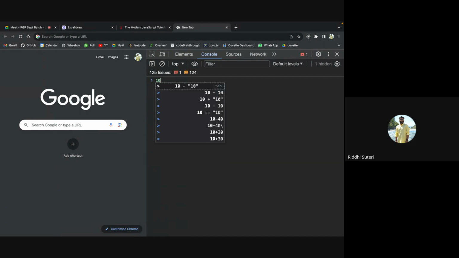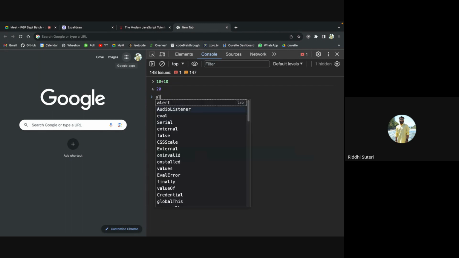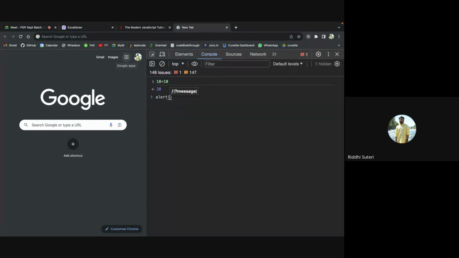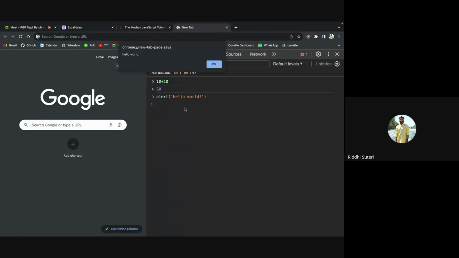For example, I want to write a basic mathematical operation like 10 plus 10. I'll get 20, right? Because this is an obvious calculation that JavaScript is doing. By the way, this is JavaScript which has executed it for you. I want to print something on my console, or maybe show something as an alert using JavaScript. Although alert is not a core part of JavaScript, it is supported in browsers. If I write alert Hello world, it will show me a pop-up, and this is only possible using JavaScript. You have seen that whatever we are writing here is JavaScript, right?